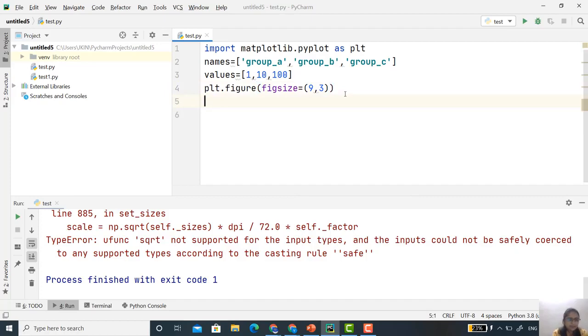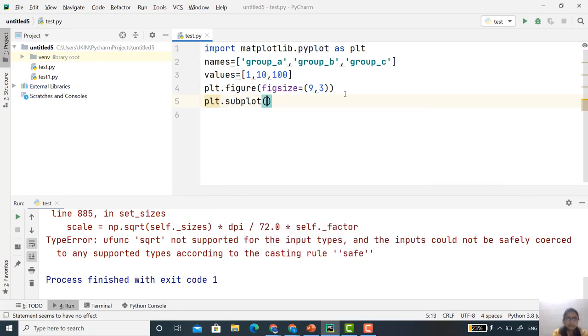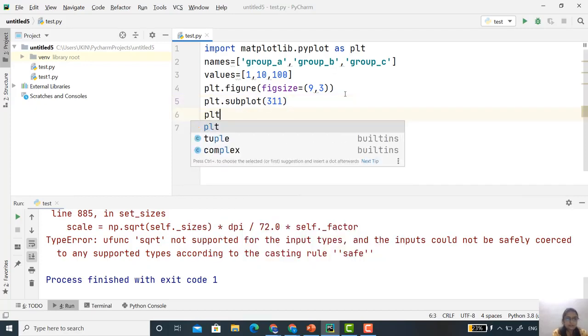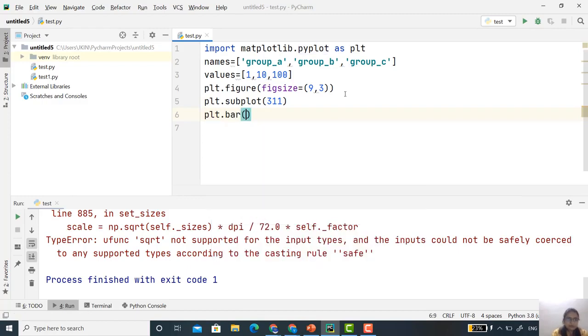Then I'll use one command, plt.subplot, and then 311. I will explain what 311 is. Then you use plt.bar, and here names and values. In the x-axis I want names, and in the y-axis I want values.